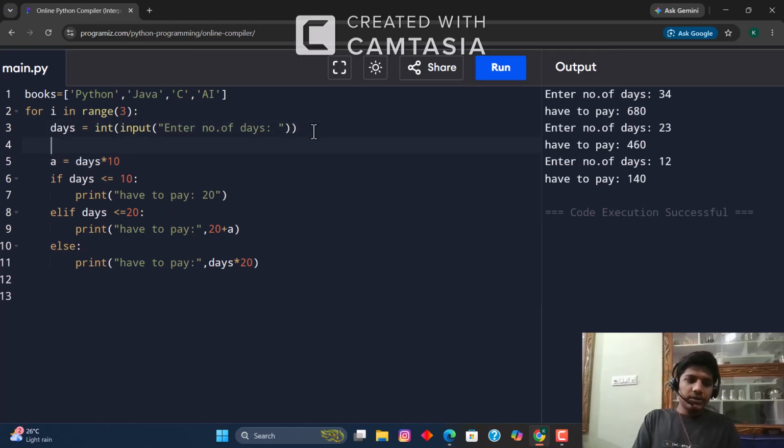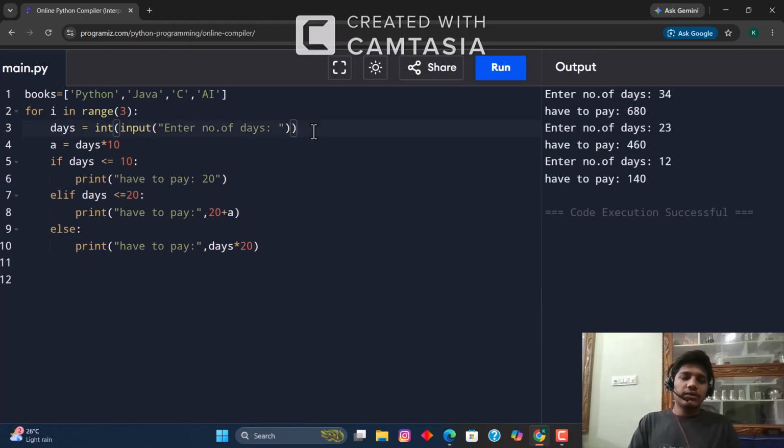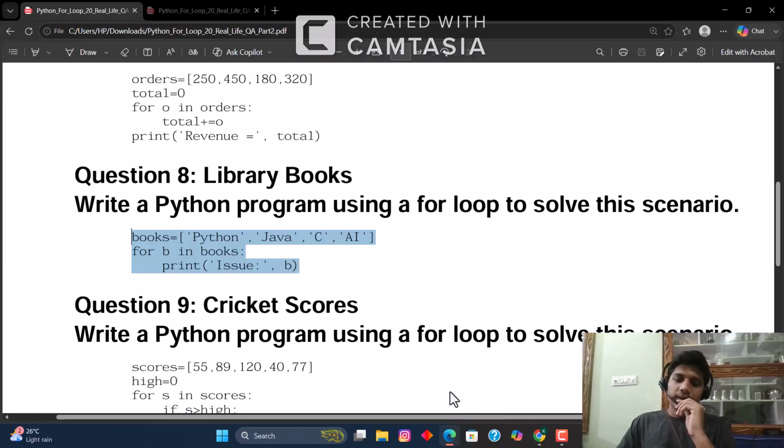See here, I did not give any input. So here you have to choose a random. We are not doing that random variable, because we are just going with the number of days and have to pay 680 or whatever. We can take up to a maximum of 3 books. So we did it, and after this